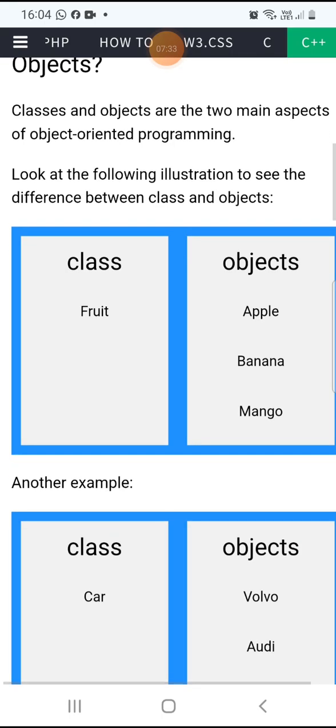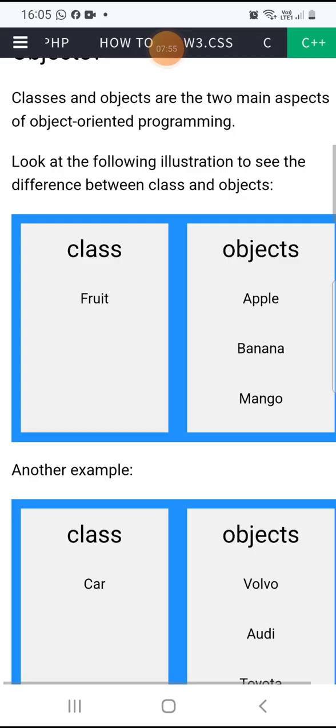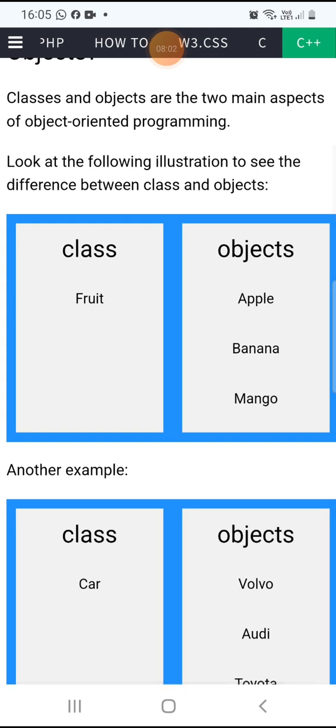In the same manner, see here, fruit class. If I ask you to bring the fruit, you will ask me, which fruit, sir? Because there is a group of fruits, a collection of fruits kept in a basket. That basket may have a bunch of bananas, apples, grapes.